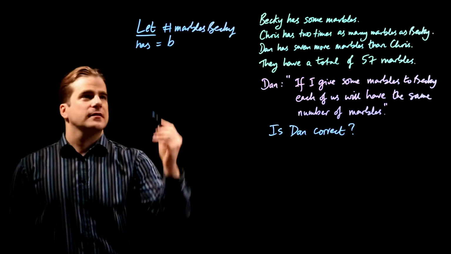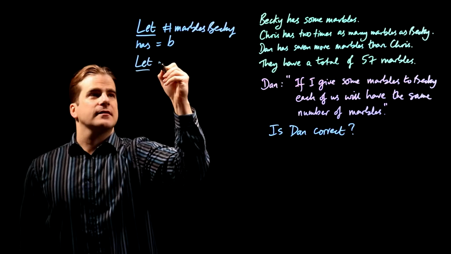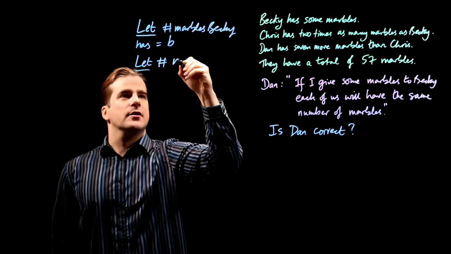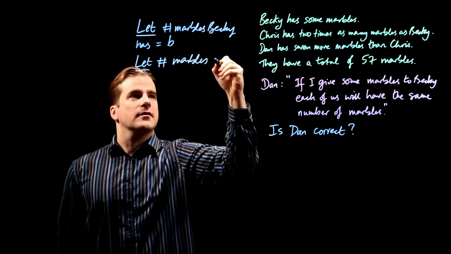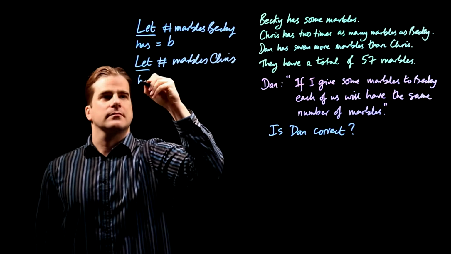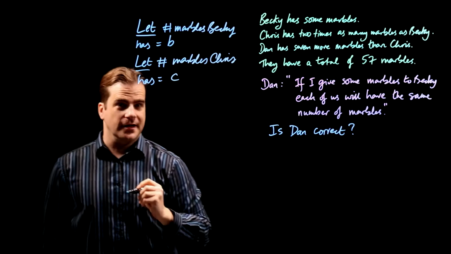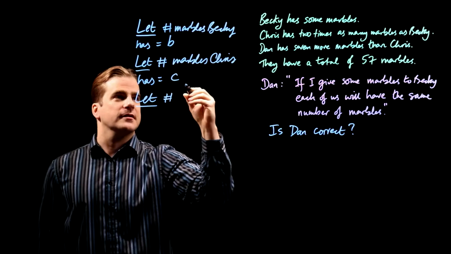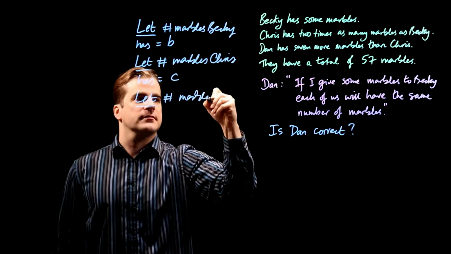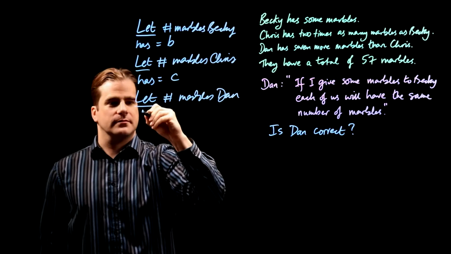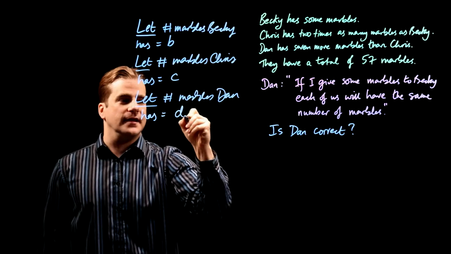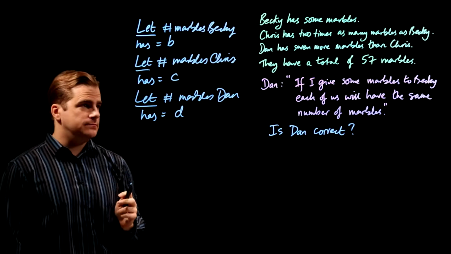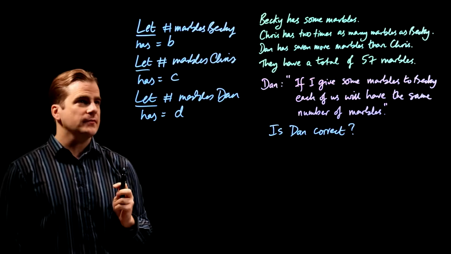Chris has some marbles, so we do the same thing. Let the number, you can use hashtag as shorthand for number, that's okay. Let the number of marbles that Chris has equal C. And guess what the letter for Dan is going to be? Let the number of marbles that Dan has equal D. Okay, so we've introduced our own variables and there's 3 of them, and we have to work out